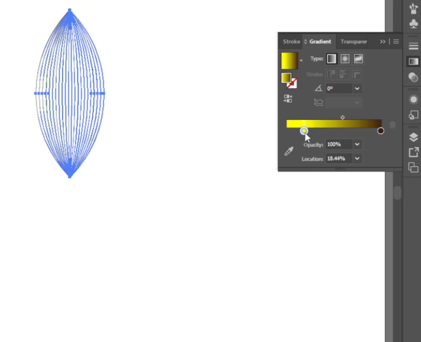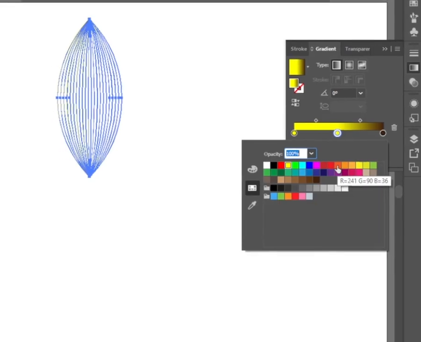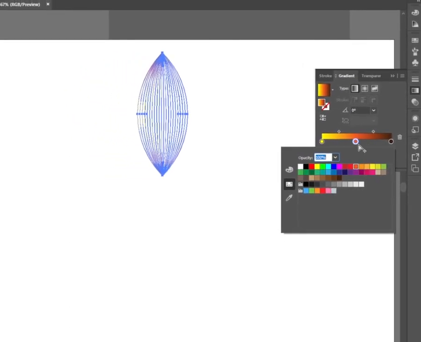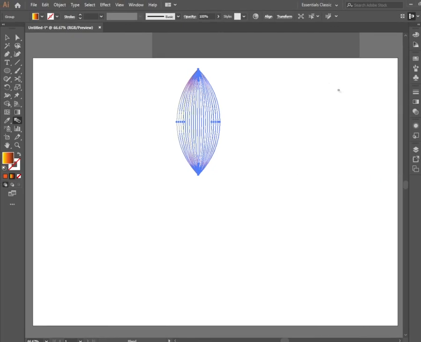Take a copy of this slider by holding down the Alt key. Choose any mid-tone. For the mid-tone, I have chosen orange color. Take the gradient tool and drag it up. When you are satisfied with your gradient,